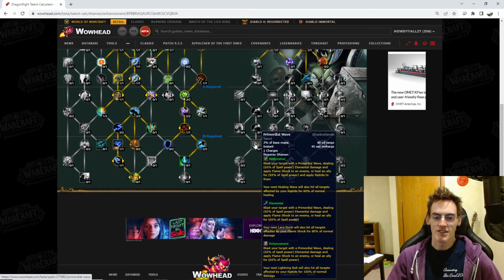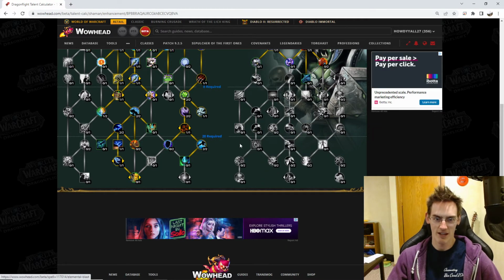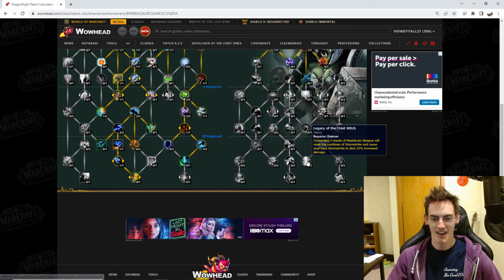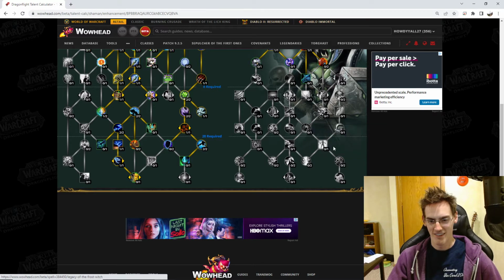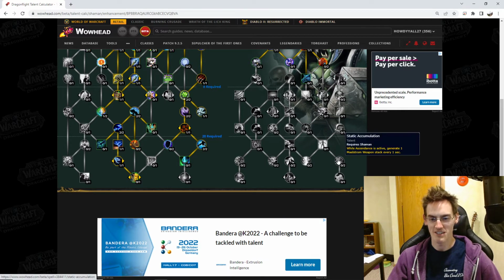So, in theory, you could have Primordial Wave and Ascendance. So you could pop Primordial Wave, which gives you, if you talent into it, 5 stacks of Maelstrom Weapon. And then use Elemental Blast, Lightning Bolt, whatever. And that gives you an automatic Storm Strike. And you could just Storm Strike for days,